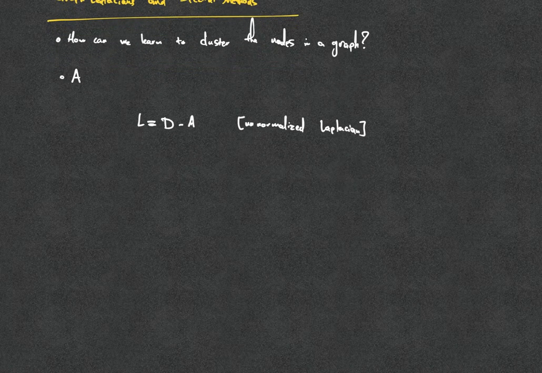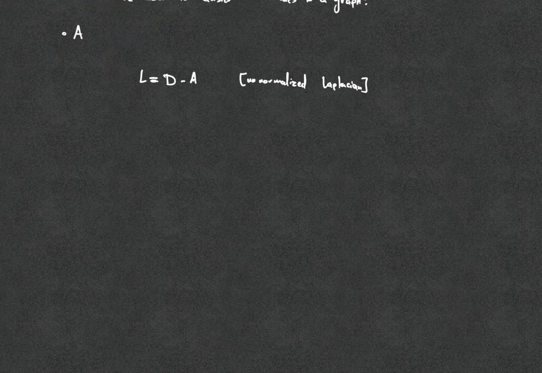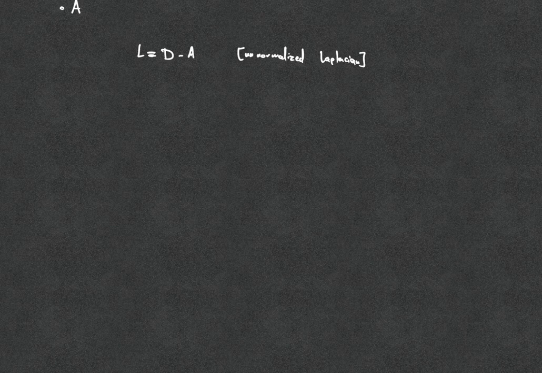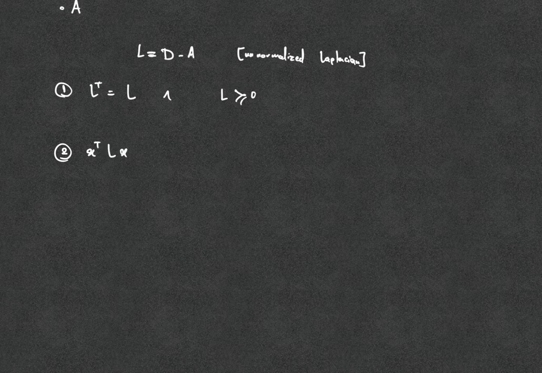Now, let's go over the three main important properties of this Laplacian, and then we're going to go more in depth in terms of proving them and investigating what other properties it has. So the first thing is that L is symmetric, meaning that the transpose of L is equal to L. And L is positive semi-definite. The second property is that if you have X, based on the fact that L is D minus A, it is a member of this subspace.